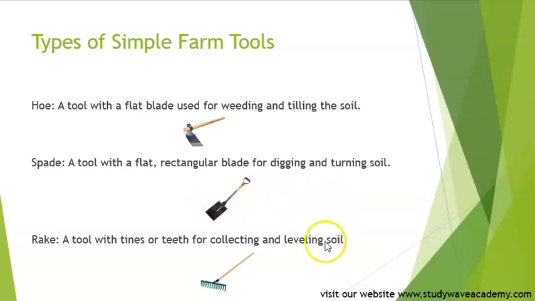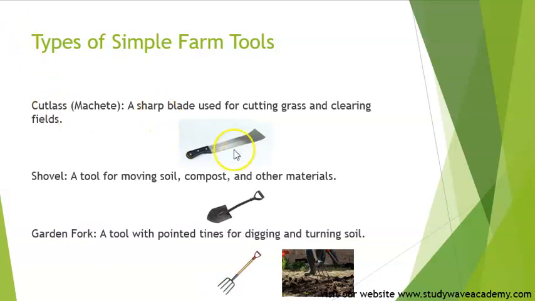We also have rake, a tool with tines or teeth for collecting and leveling soil. So rakes are designed to gather and level soil. Okay, so we have mentioned hoe, spade, and rake, right? These are simple farm tools. We also have